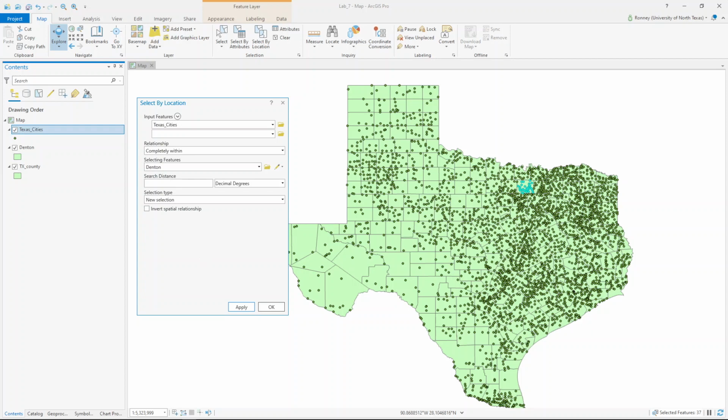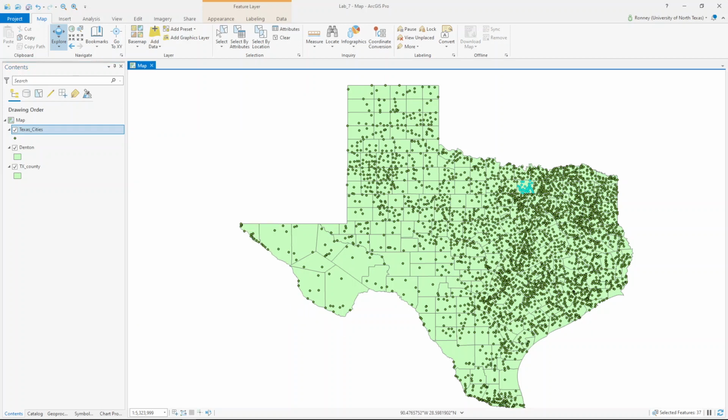Okay, so our query performed correctly, so we're going to go ahead and hit OK so we can get that off our screen. And it's going to ask you how many cities are completely within Denton County. There's a variety of ways to find that. You could go into the attribute table. But on page 3, it tells you how to find a number of selected features. I don't want to tell you the answer, because that completely defeats the purpose of the quiz. So anyway,